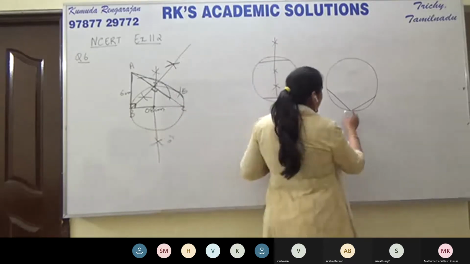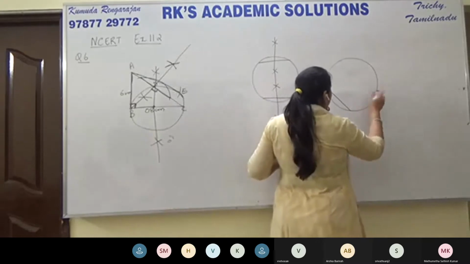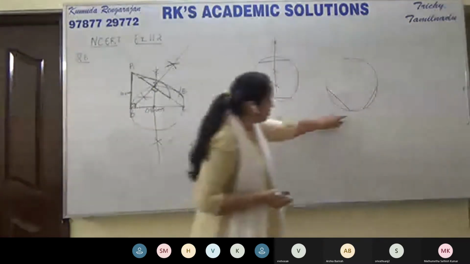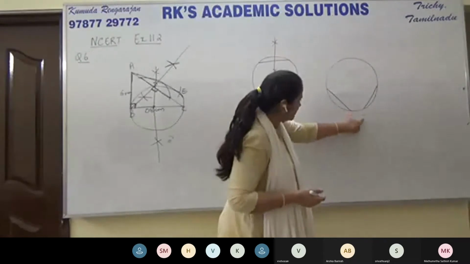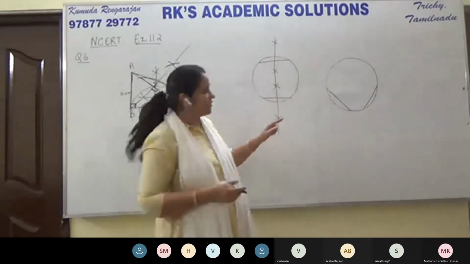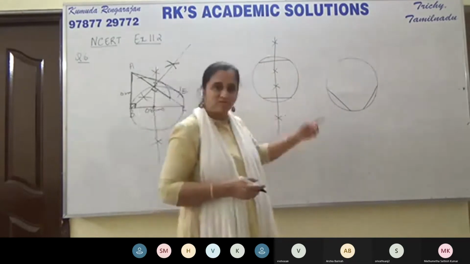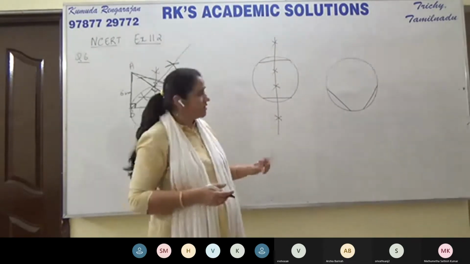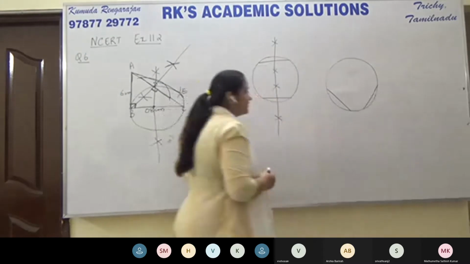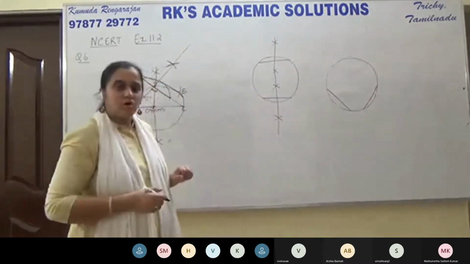It's not mandatory that you do this. You can also take a chord, something like this. See here, they are not parallel. It's very obvious. You can pull them down, and they're going to meet somewhere. So you can take two chords like this, or like what I did earlier. Anything is fine. So here are two chords.